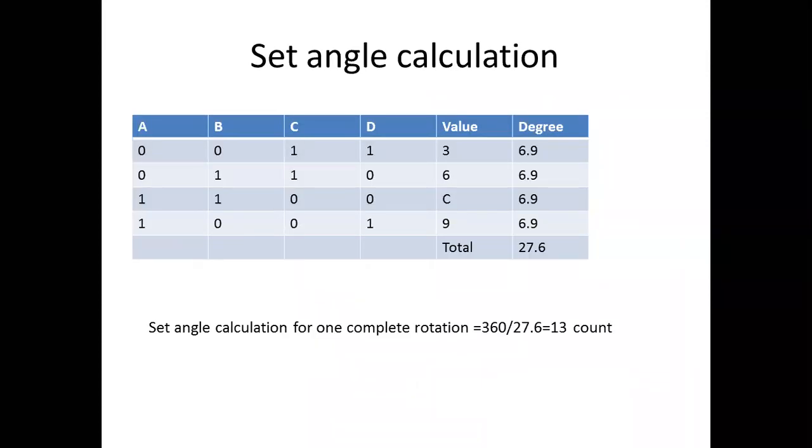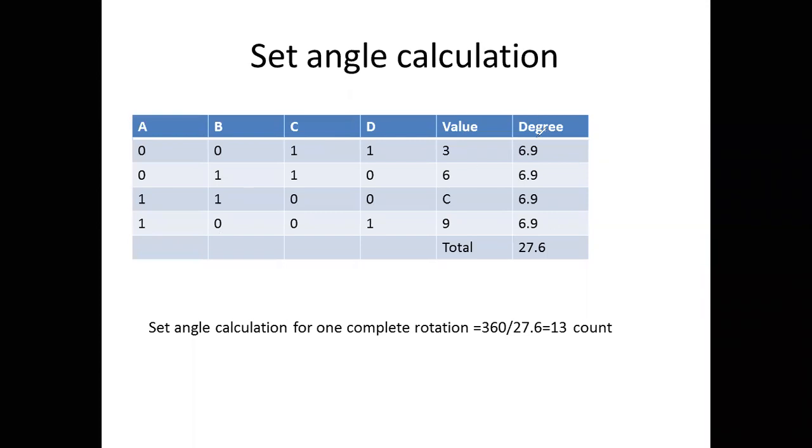Again I told you you are using 4 coils, so you need to load the value like this: 36C9. So we have explained this coil. These 2 coils will be enabled in the first step. Again it will perform the left shift, so the CD coil will be enabled. Again the AB coil will be enabled in the next step, and at last the AD coil will be enabled. Through this you can perform one step rotation.